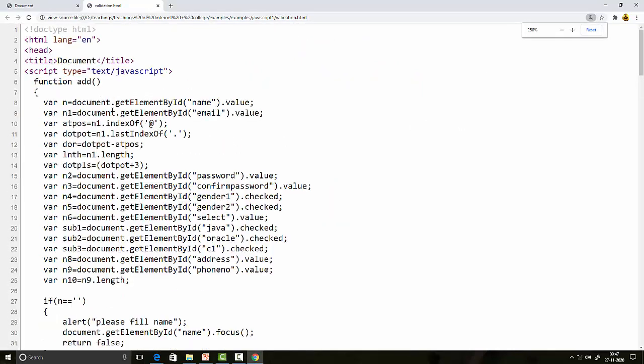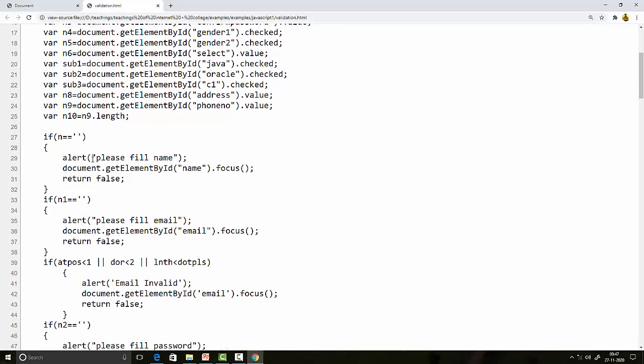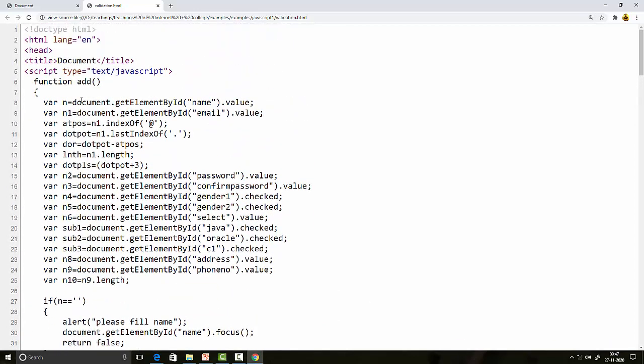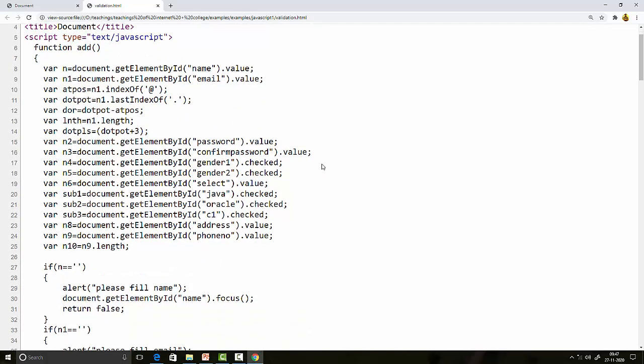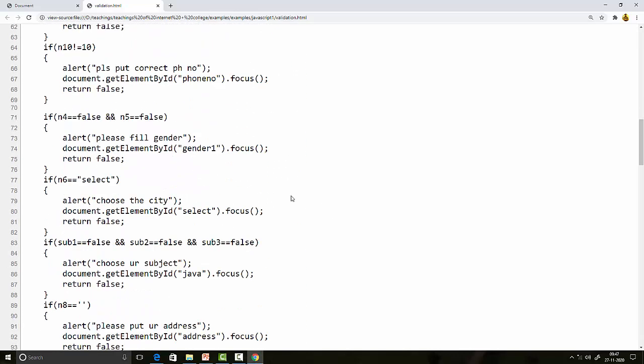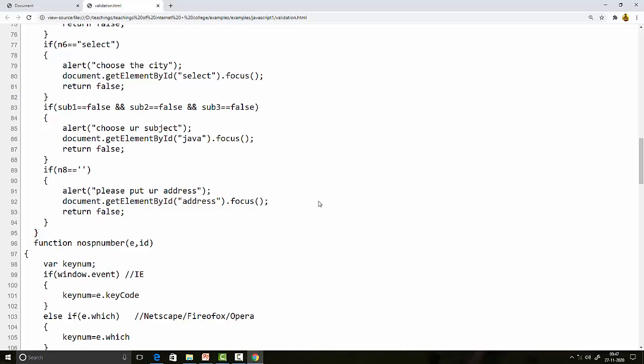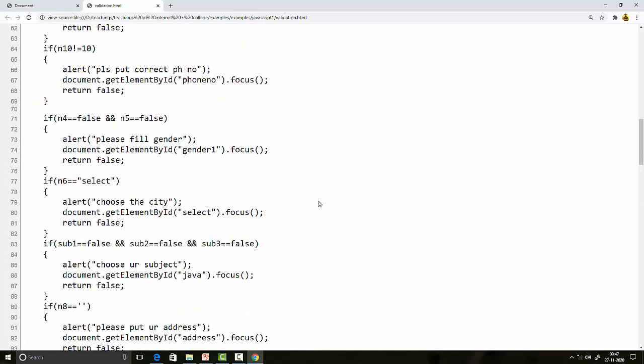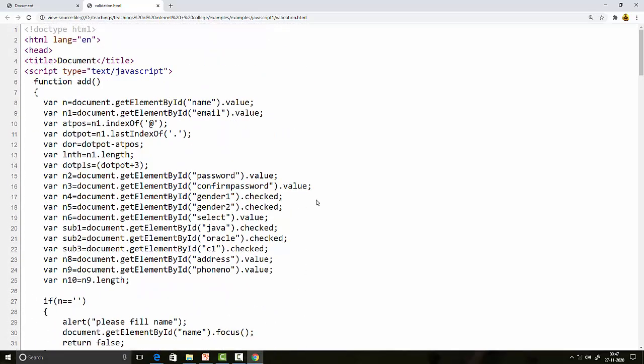From view page source we can get all these things. Don't worry about the length of the program, because the program is long, but it is small in size. Mainly the size is larger, but the logic is very easy. If and else is given here. Okay, so let me start from here.